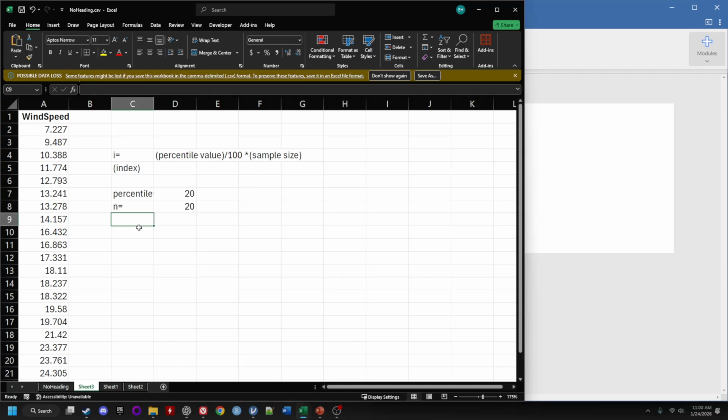So if we want to actually do our calculation for i, we're going to say our percentile value, which is 20, we're going to divide by 100, and we're going to multiply by our sample size here, which is 20 as well. So we get a number here. Now we have an option that we need to do. So if i is an integer,